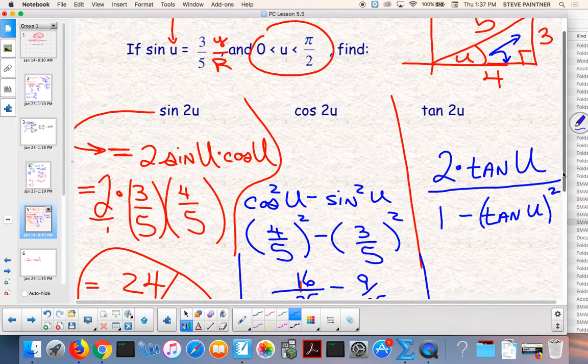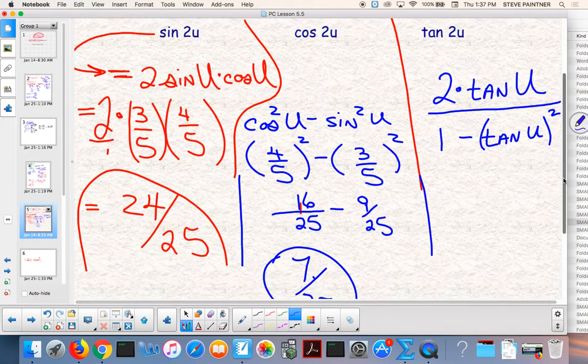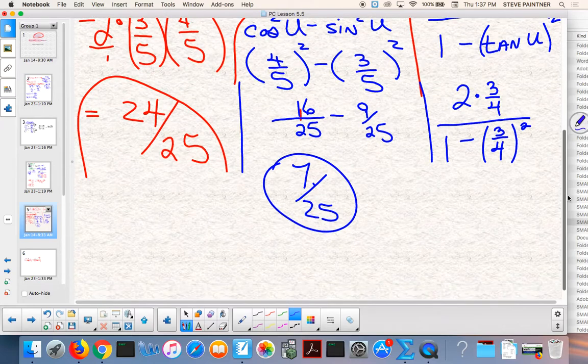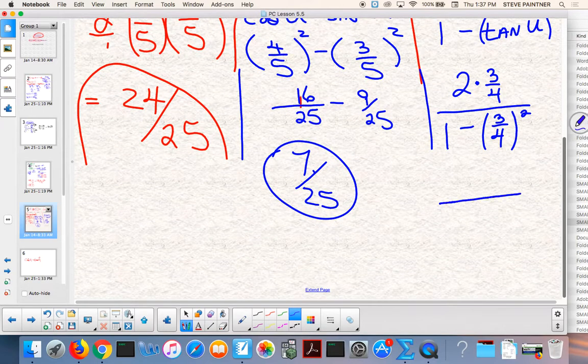So we go 2 times 3/4 over 1 minus 3/4, but it's tangent squared, so you have to square that, right? 2 times 3/4 is what? 6/4, gotcha. And that's 3/4 times 3/4, so that's 1 minus